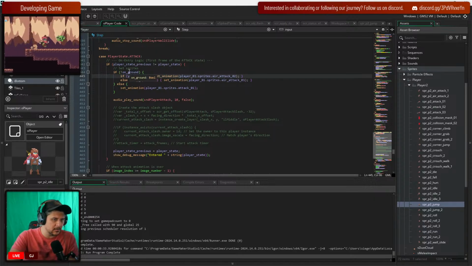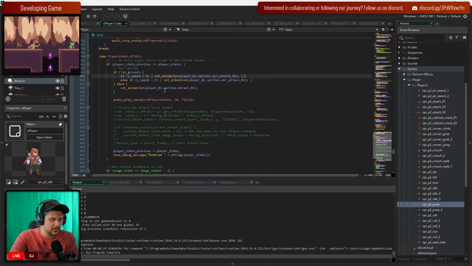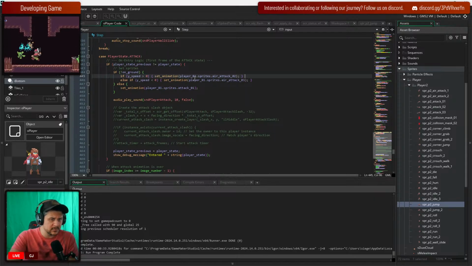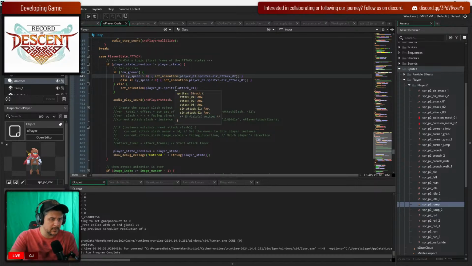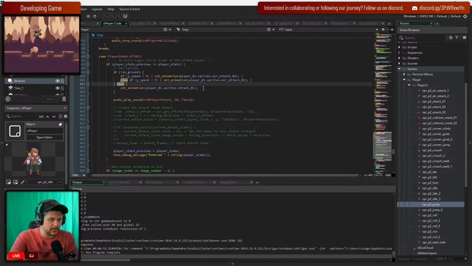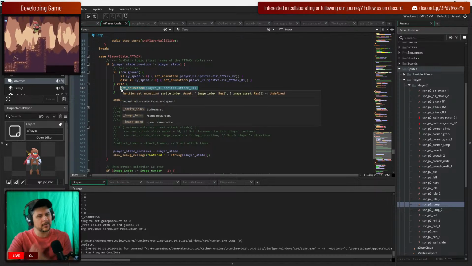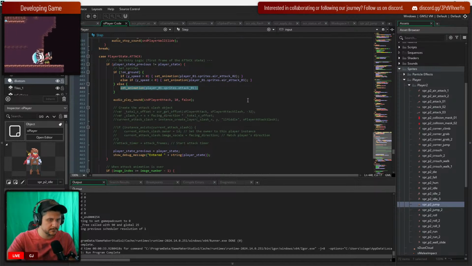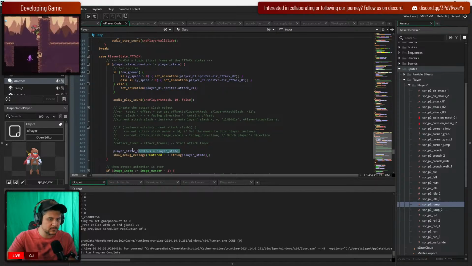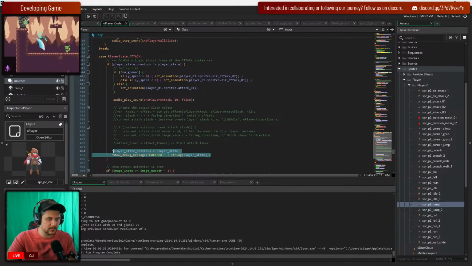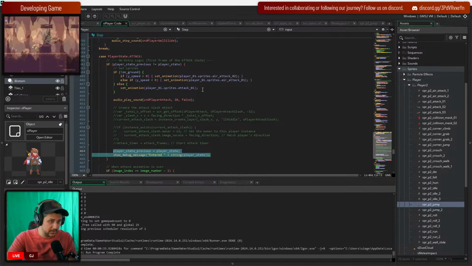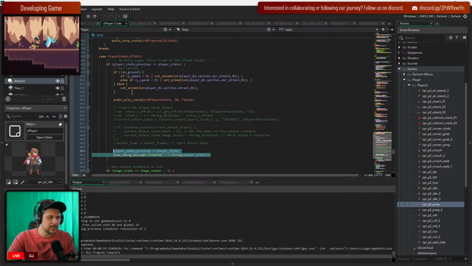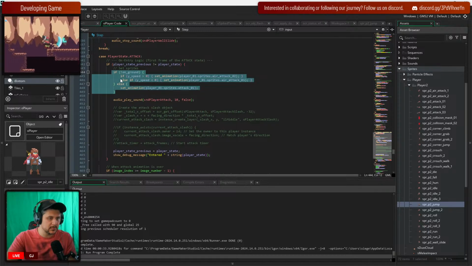So if you're in the air and you're going downwards, do the downward attack. And if you're going upwards, do the upward attack. Otherwise, just do the regular attack, like if you're on the ground. Because this is only going to happen if you're not on the ground. So if you are on the ground, you're doing this attack. Which we were going to expand later on anyways, do combo attacks. But, you know. And then after we're done doing this, we have to set this and then print this out, which is basically what we're doing in the on-entry logic. But on the on-entry logic, we're only doing one time, and this we're doing a lot more. So